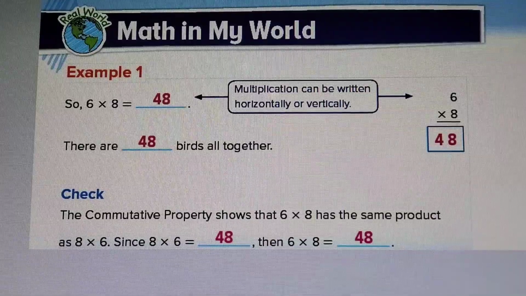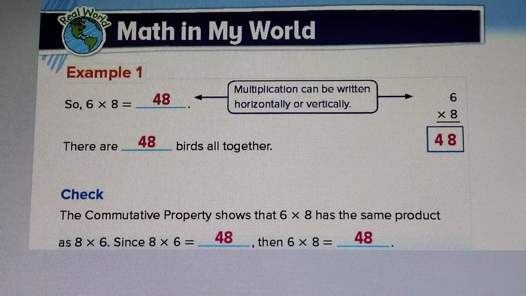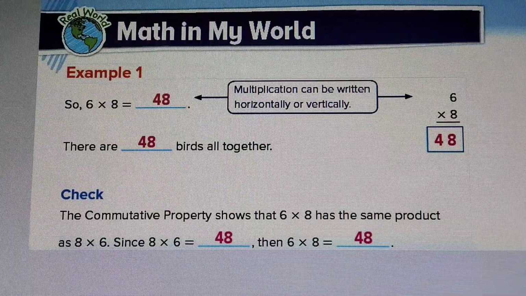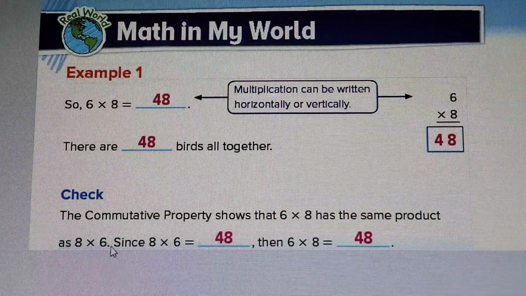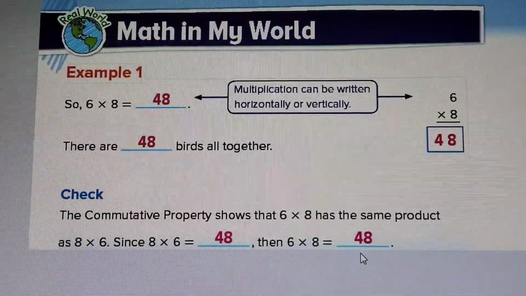So 6 times 8 is 48. It can be written either way, horizontally or vertically. There are 48 birds altogether, so 8 times 6 or 6 times 8 both will equal 48,